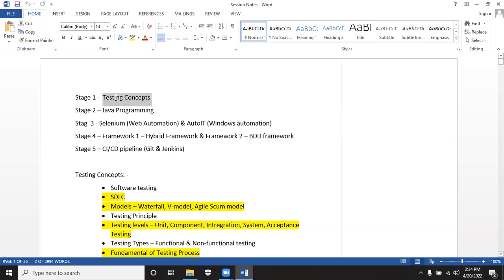So after understanding the testing concept, we concentrated on Java programming. For Java programming, we started from the architecture, data types, then static method, non-static method, and then